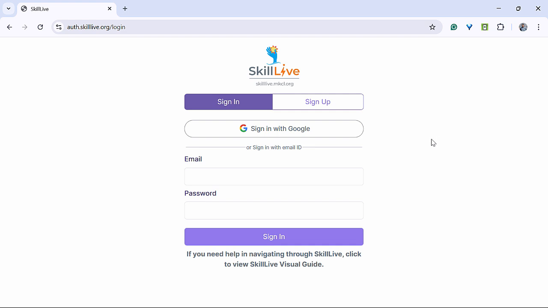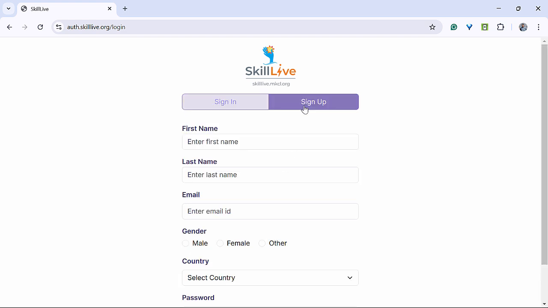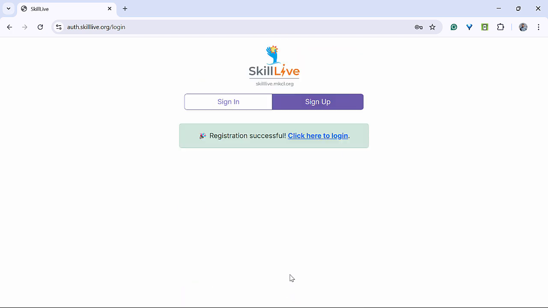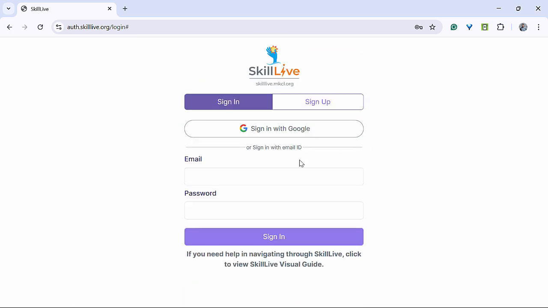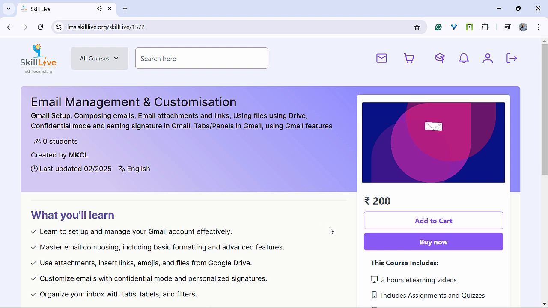First you need to log in using your credentials or using Gmail account details. Enter the details and log into your account. It is important to fill the correct details in all the fields. The name and email details that you enter here will be used for generating your course completion certificate.